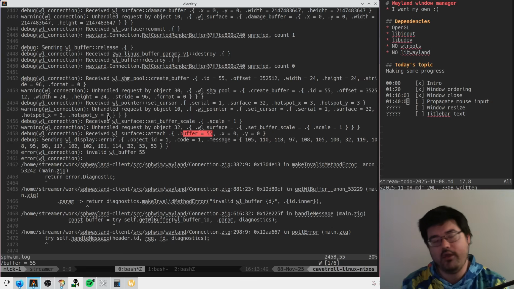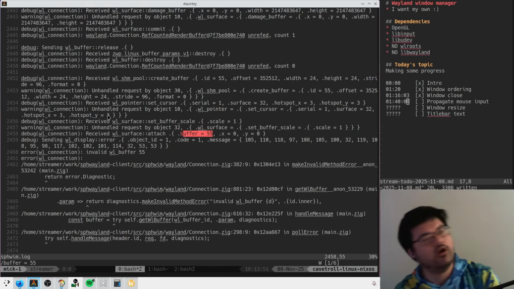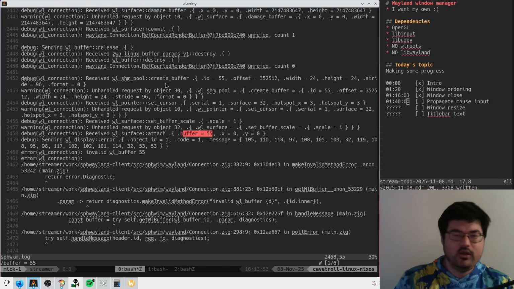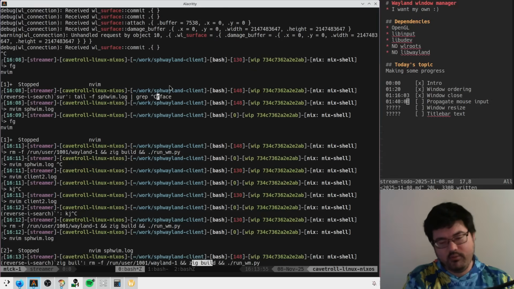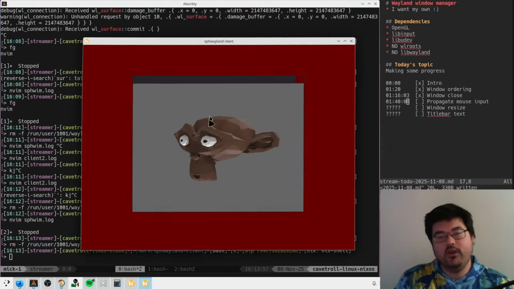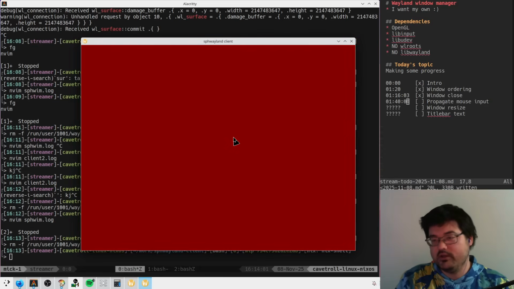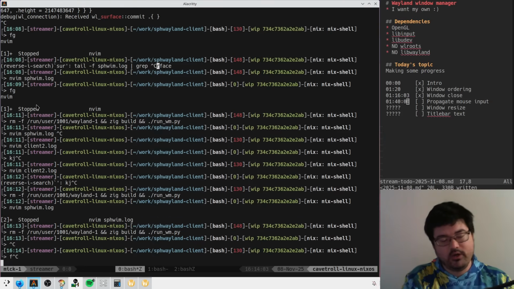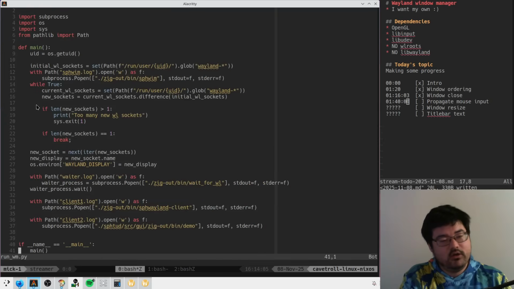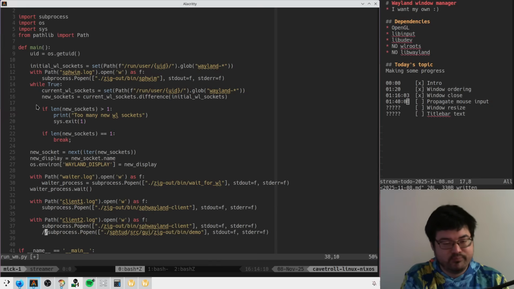So I think that this is a natural place to call it. If we look at what we actually do have here, we did manage to add this close button thing, which is pretty sick. So we can close windows now. We did also support window ordering correctly, right? So if we run two of these guys instead of one of the GLFW apps,